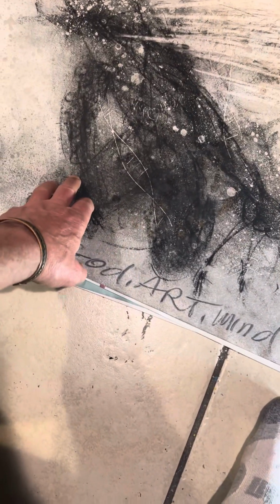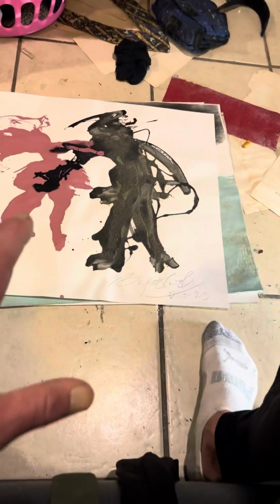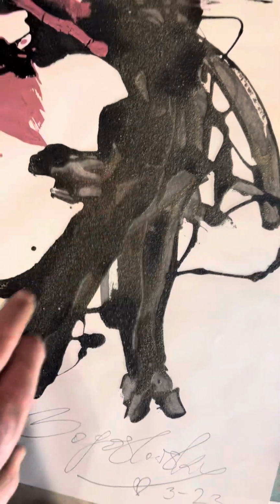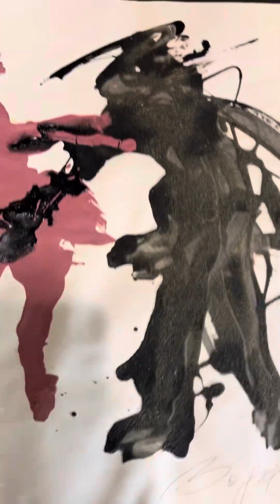And here's an artist with four brushes in his left hand. His right arm is on his right knee. He's on his knees in front of the painting. And it says time, God, art, and mind, I guess. Okay, this is a man grabbing a woman. It's an abstract composition, and there is some sand over this blackness. I guess it was too black when I was painting it, so I softened the blackness of the black with